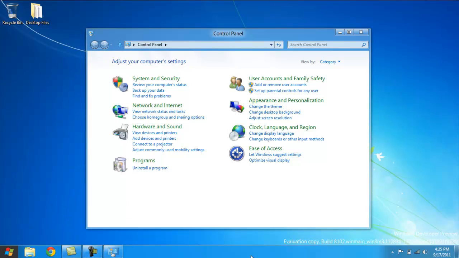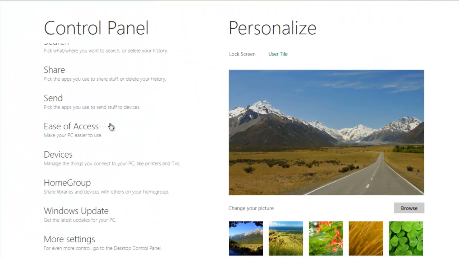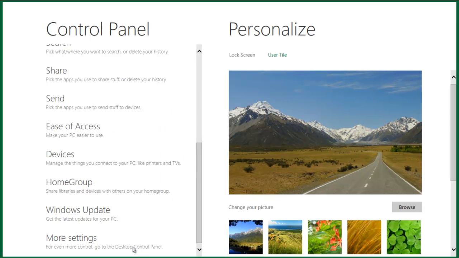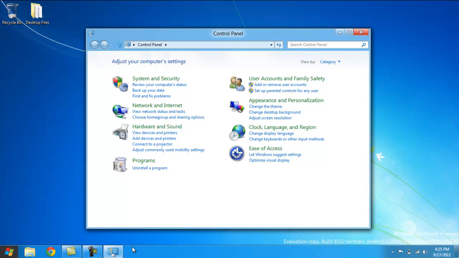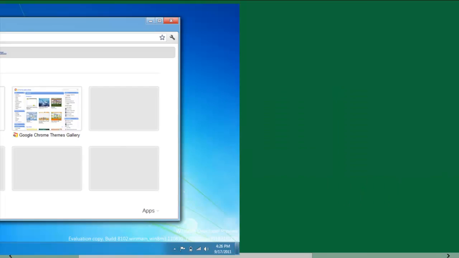It really doesn't. It has its own app for the control panel, the Start Metro screen does, or whatever it's called, and then it opens up the control panel in the desktop for when you want to load more settings. That's just not innovative. It doesn't flow, and I don't approve. So hopefully it will get fixed by the next revision of Windows 8. I love the new user interface, but I don't like